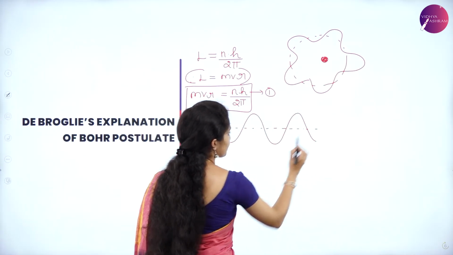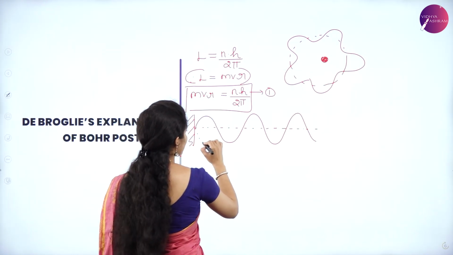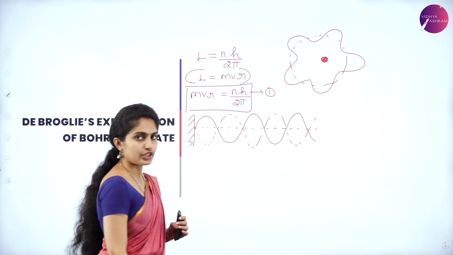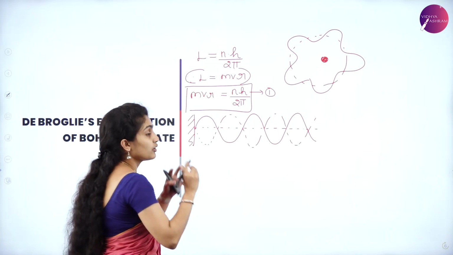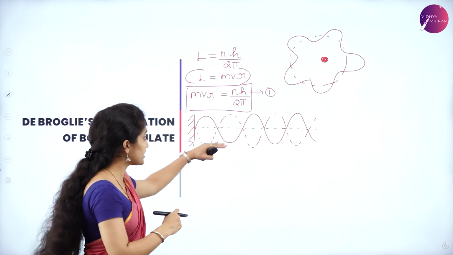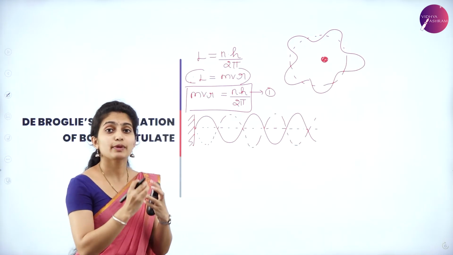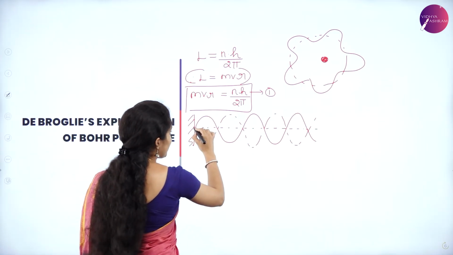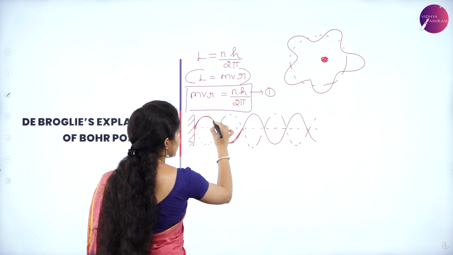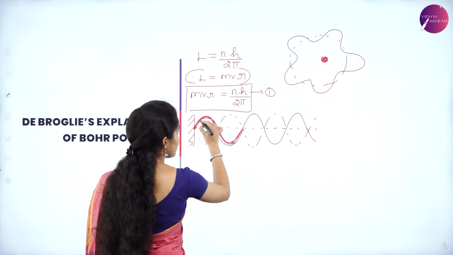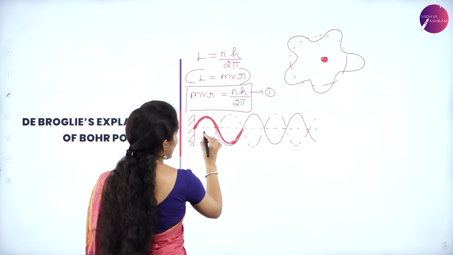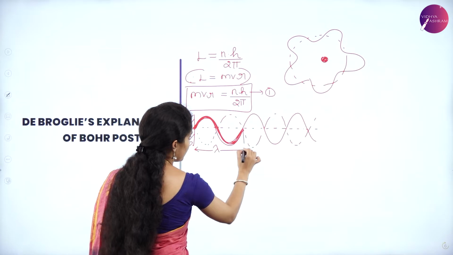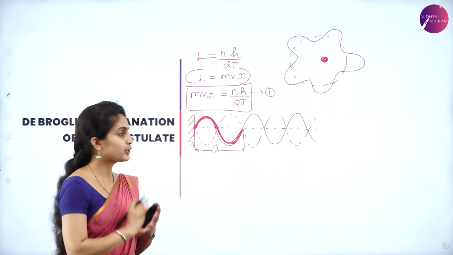wavy nature. Correct? And the rest other set of movement will be given by this position. Okay, so here the wave which survives during this set of motion, that is, we know what is meant by wavelength, a length of a complete wave. So the complete wave is from here up till here. This set is said to be a complete wave. So then we can give this as wavelength, and this is represented as lambda. Okay, this is a complete wave.